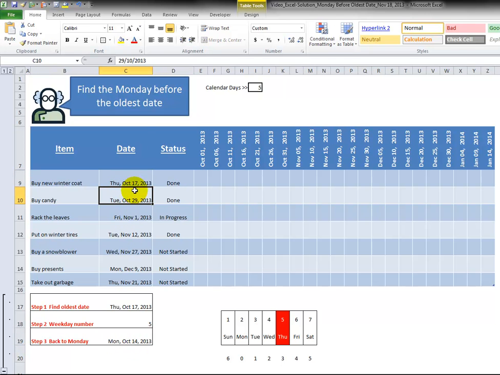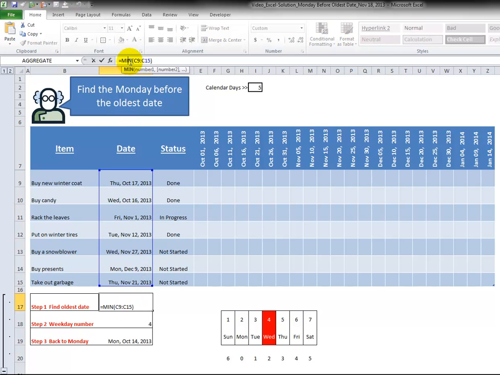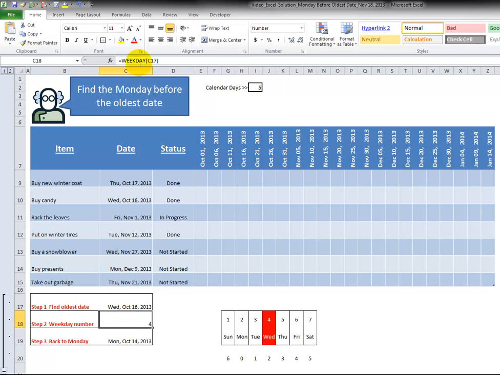Let's now make this be the 16th of October. So now we have a Wednesday, which is the min, the oldest date. We have a 4 for the weekday, and over here we see it's a 4, yes, but you only want to subtract 2. So whatever we have up here, whatever the red one is, we want to subtract